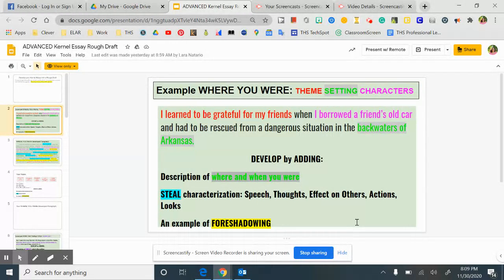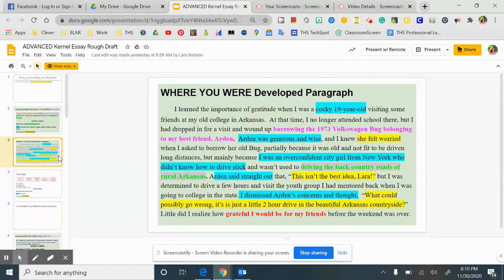And then we want to develop and add in some foreshadowing so we can really get the reader involved with what's going on in our story. So this is how Miss Notario developed her first